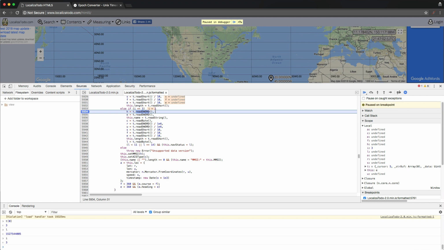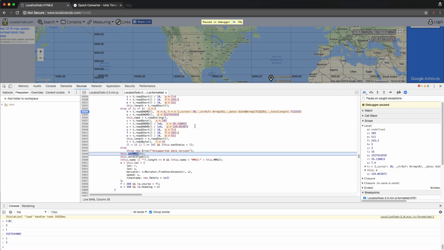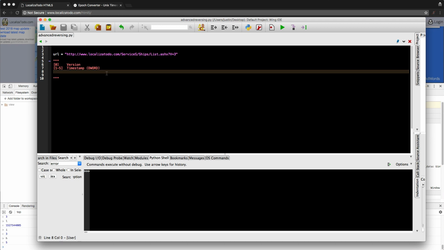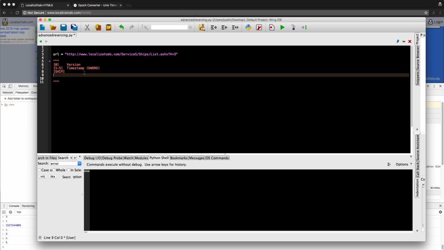So read D word, I'm going to step over. All right, so here's what we got. We've got H is 5. I have no idea what that actually means. So if we type H here, 5. Okay, so I'm going to start making some notes here. So this is, and then what I think is for a ship, I'm going to start using this notation. So we have a D word,